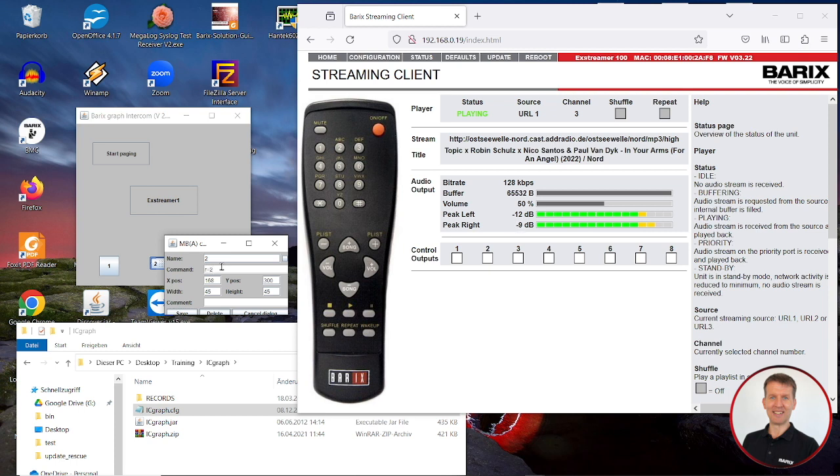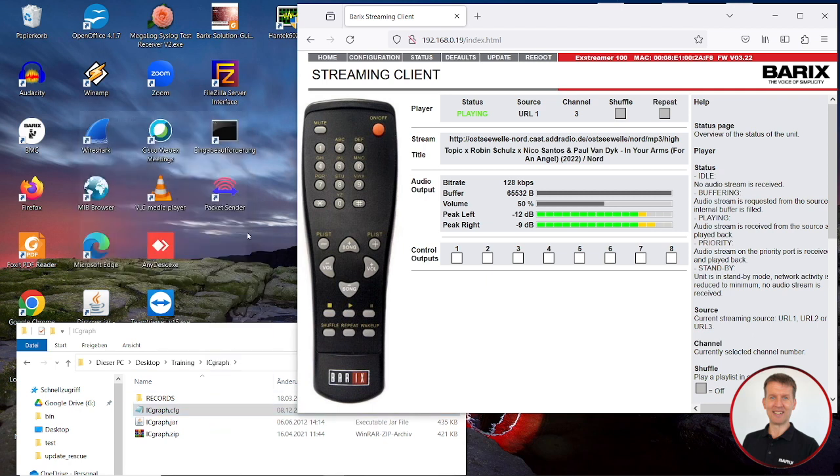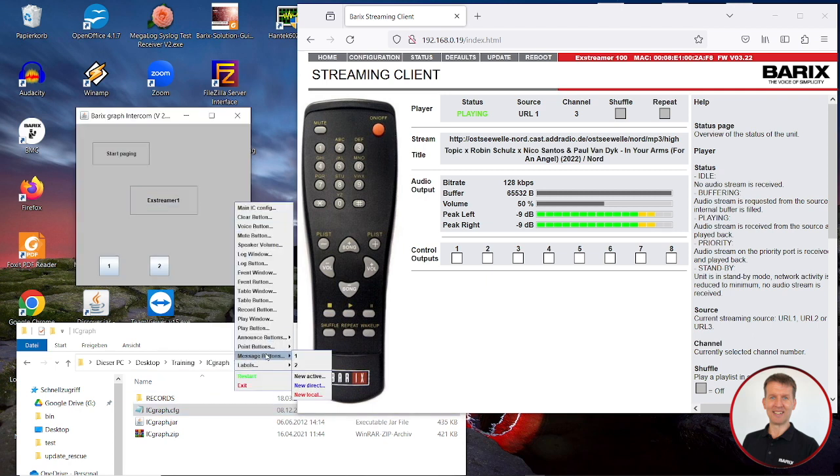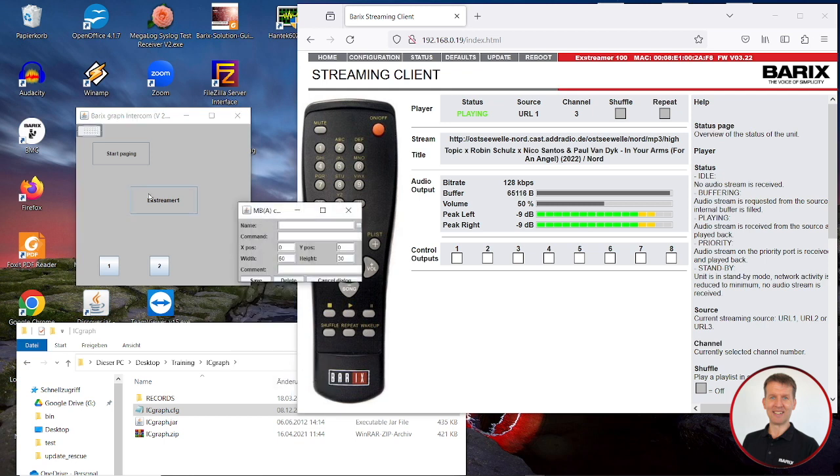We use here the second channel. Oh, sorry, mistake. So that's for the second button. Then we save that, and we restart, and we do even the third button. So 3 r equal 3 ampersand c equal 1. So we put this here,